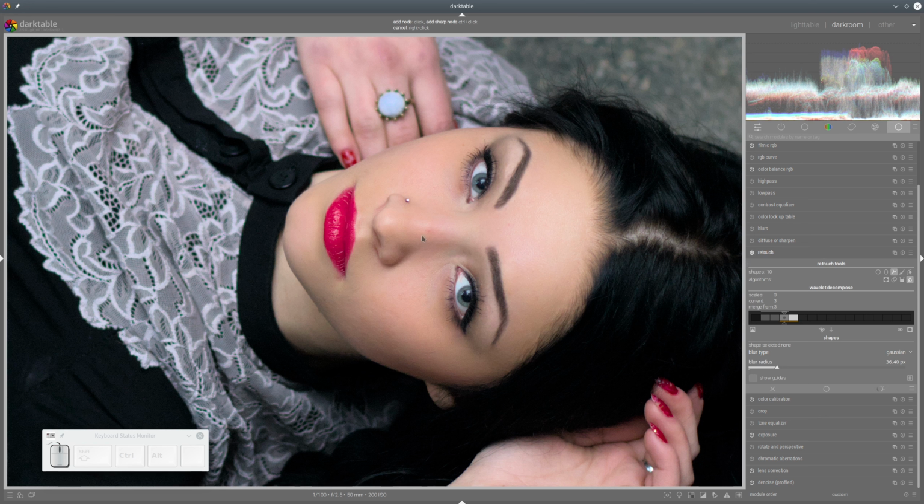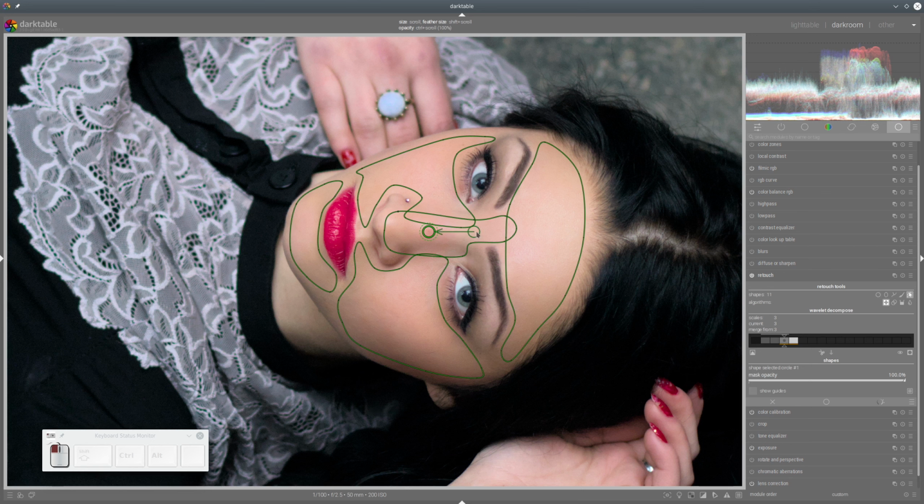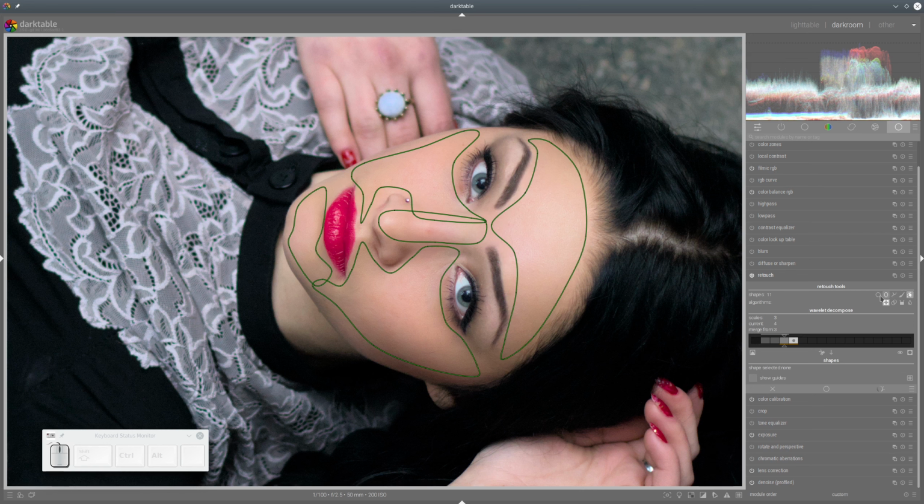And now I need only to remove that one blemish on the nose. So let's do that real quick with healing tool and circle tool. Okay, and this one also. And yeah,